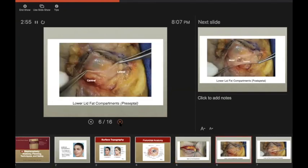And this is also an important concept. Basically, understanding when you're doing a lower blepharoplasty, when you're going on a preseptal plane compared to a postseptal plane. So when you're on a preseptal plane, you have a completely different visual compared to when you go postseptal. So preseptal, you're looking at the septum, you're opening the septum, and you're clearly seeing the central fat compartment and